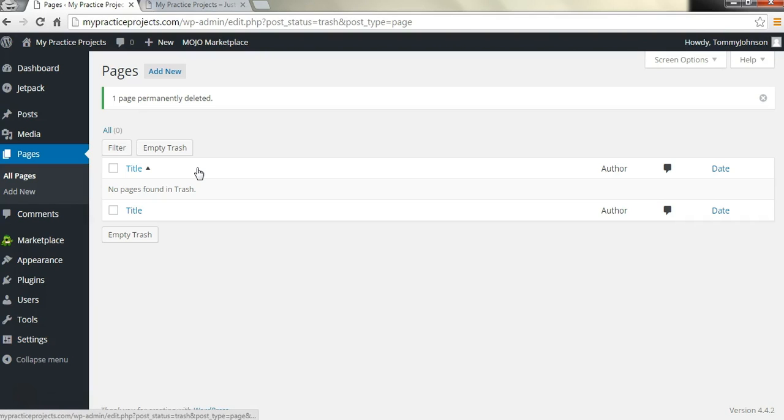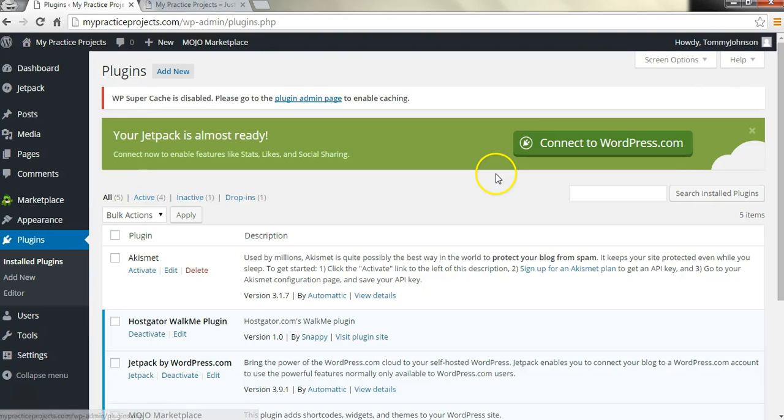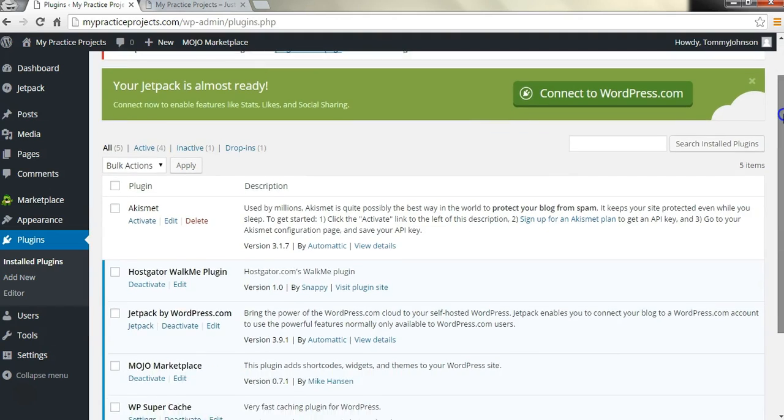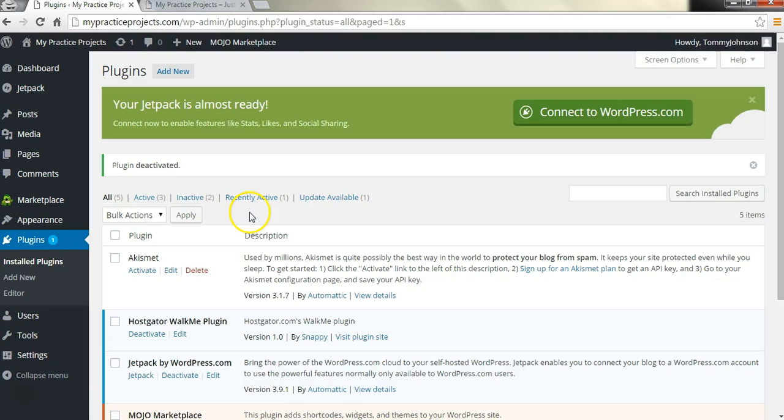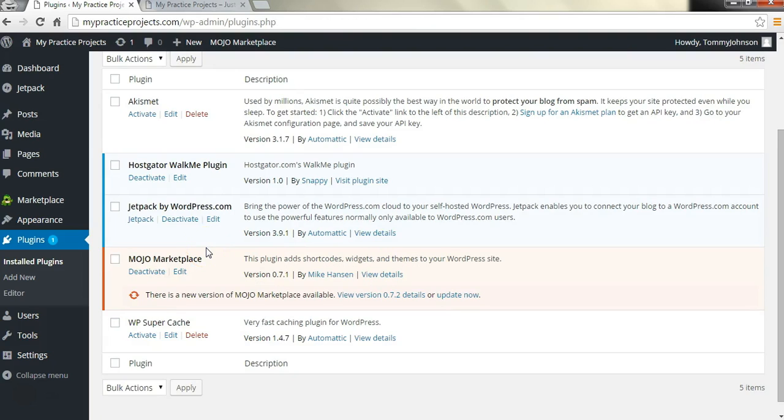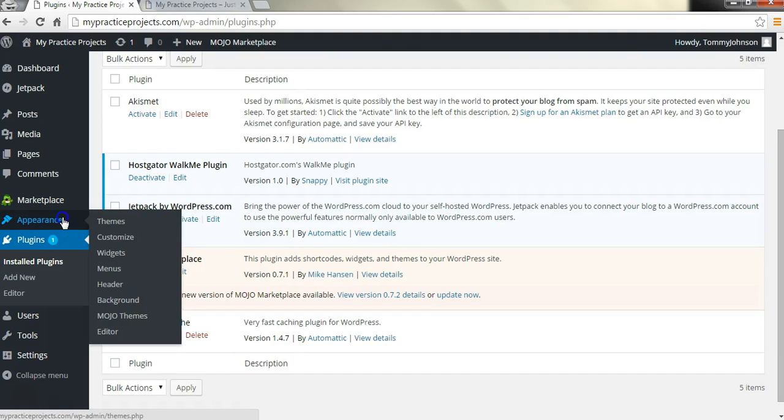After we've deleted that permanently, we're going to go down to the Plugins page. When we get to the Plugins page, we're going to go down to where it says WP Super Cache. For that plugin, we're going to click Deactivate. Now, we may enable this later, but for now we're going to deactivate it because it can mess things up when we're trying to look at updates that we've made to the site. It won't always appear. After doing that, we're going to go up one tab to the Appearance page and just